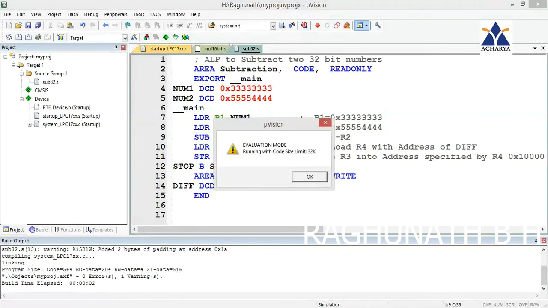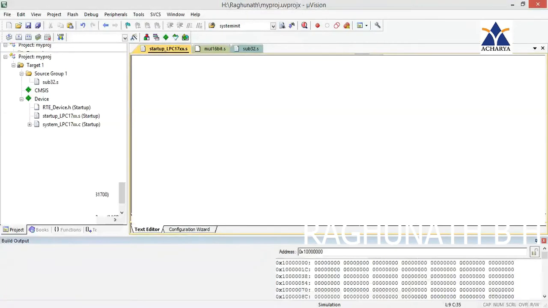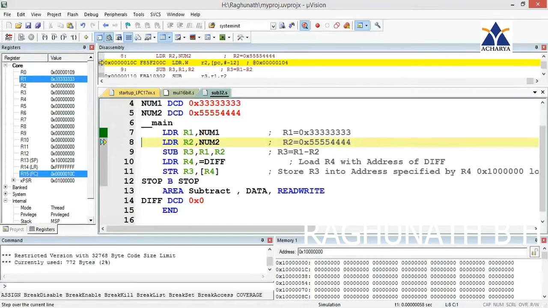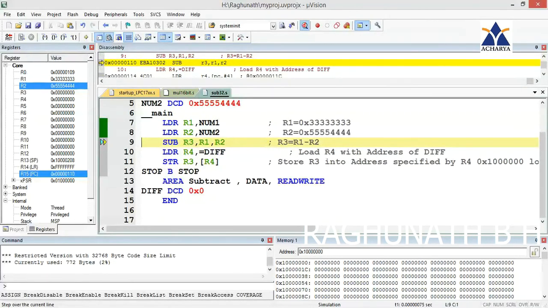So this is starting of debug. Then I will go to step by step execution. R1 is loaded with 3333. R2 is loaded with the second number num2. Now sub R3 R1 minus R2. So R1 is actually smaller number, R2 is bigger number.